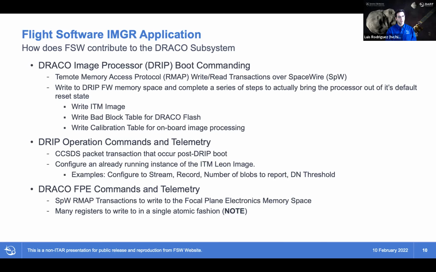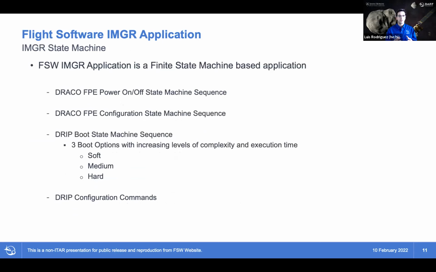Something very interesting, if you go to the next slide, is that all of these operations are very multifaceted, right? If I want to boot DRIP, there are certain steps I need to take. That means I don't want the user having to say, send this command, and send this command, and send this command, every single time that DRIP is going to be booted. So the flight software imager application was developed as a finite state machine based application, in which we define states that can then be linked up in a sequence. And we just tell the user, execute the sequence so that you can boot DRIP, or execute the sequence so that you can configure the FPE. The user doesn't have to be very involved in each step. If we go to the next slide,